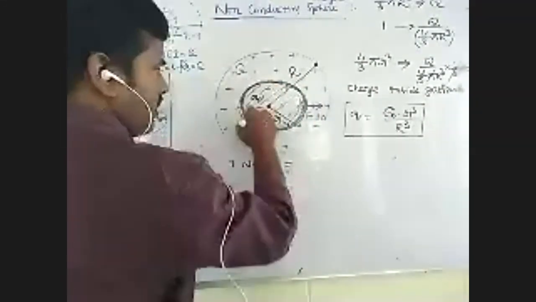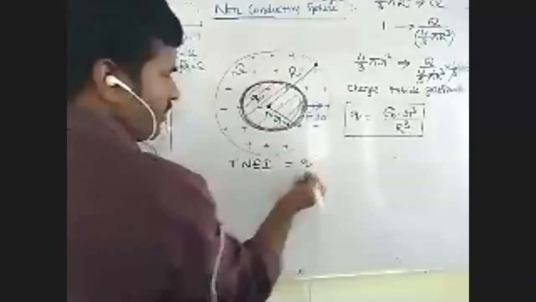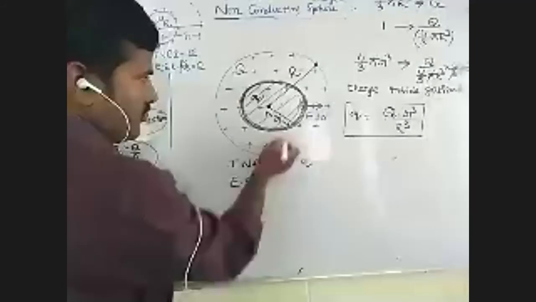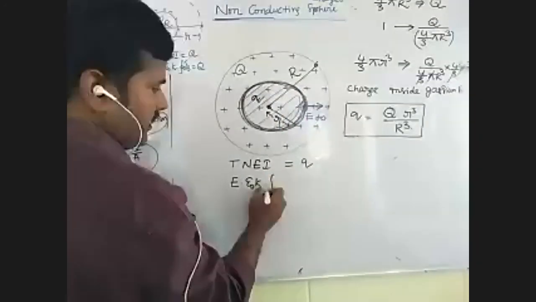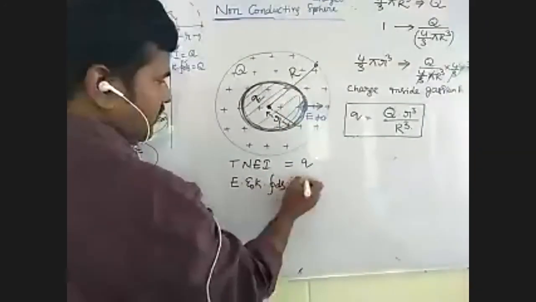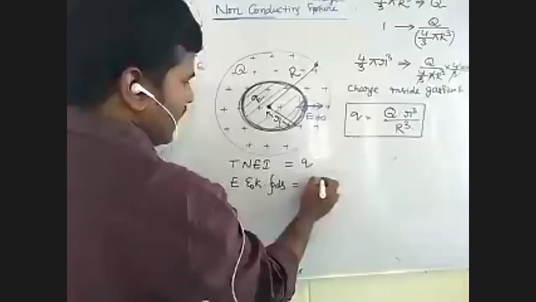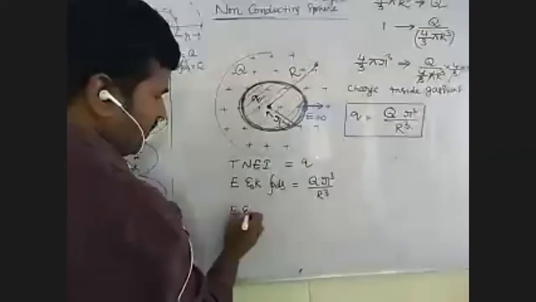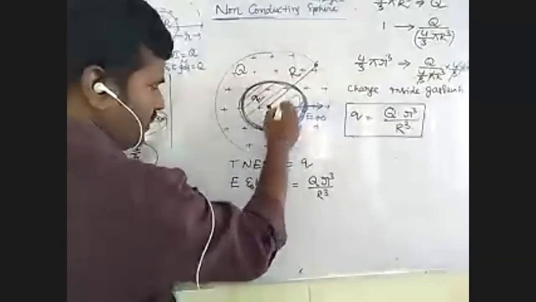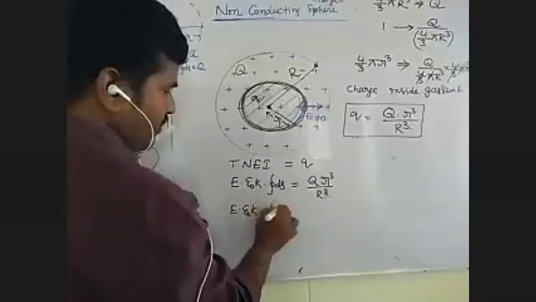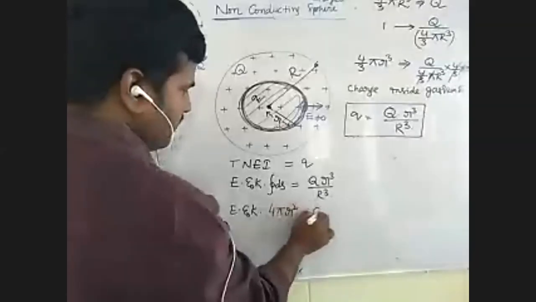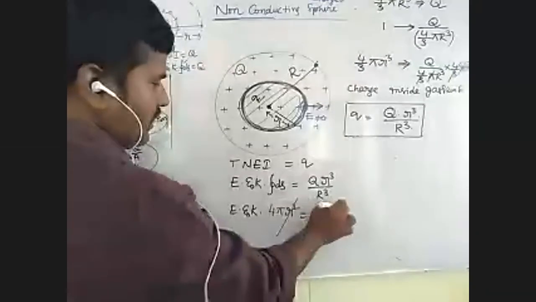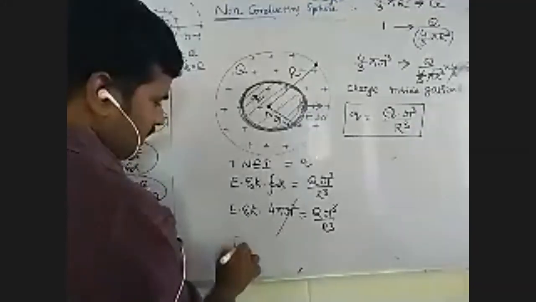Total normal electric induction is E into epsilon naught K into the Gaussian surface area, integration of ds, equal to Q into r cube upon capital R cube. So E into epsilon naught K into 4 pi r square equals Q into r cube by R cube. So r square and r cube cancel, then E is